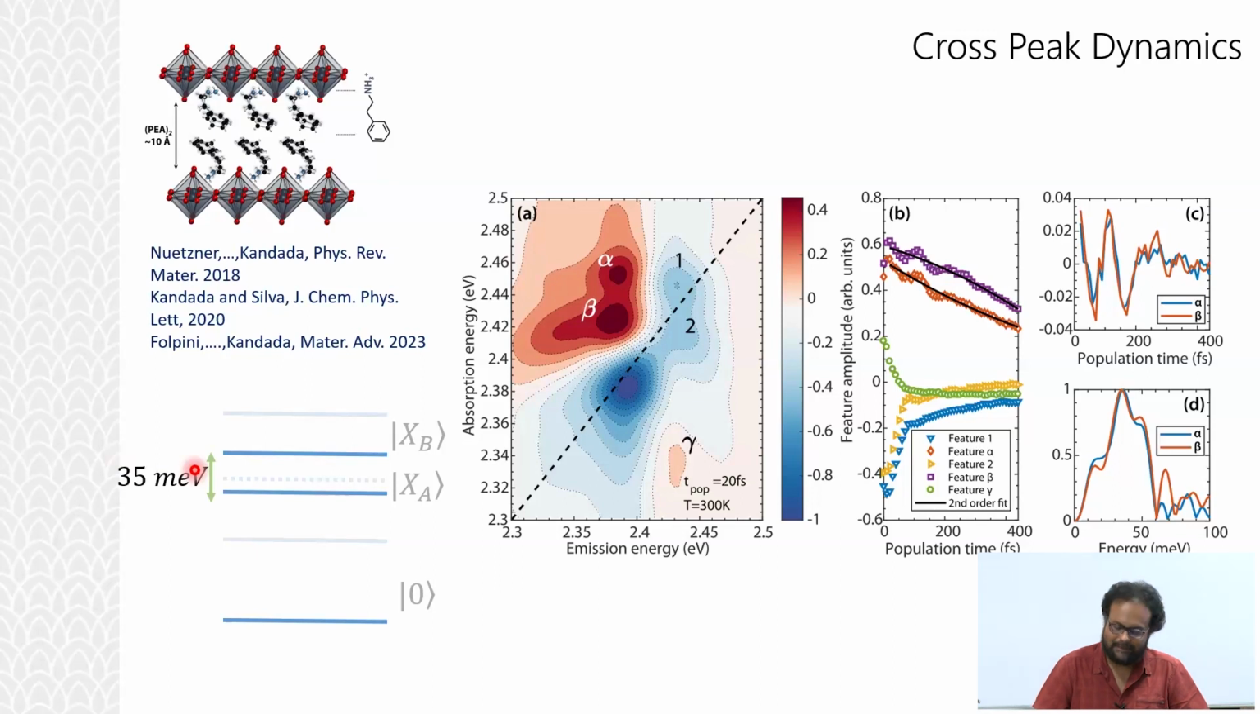We did this experiment. Of course, this line shape is extremely complex for various reasons. But if I just take out these off-diagonal features that I see here, you will see, as I change the population time, which is the delay between the second pulse and third pulse, these have oscillations on top. Whereas the other features on the diagonal are just exponentially decaying. And if I take only that oscillation